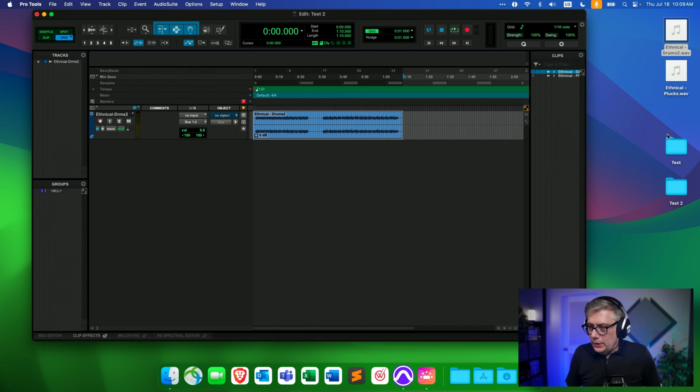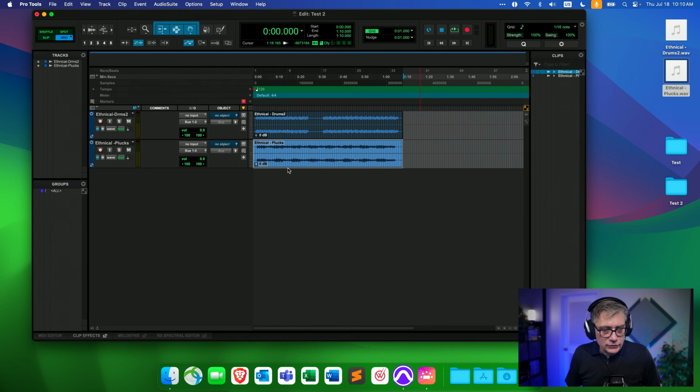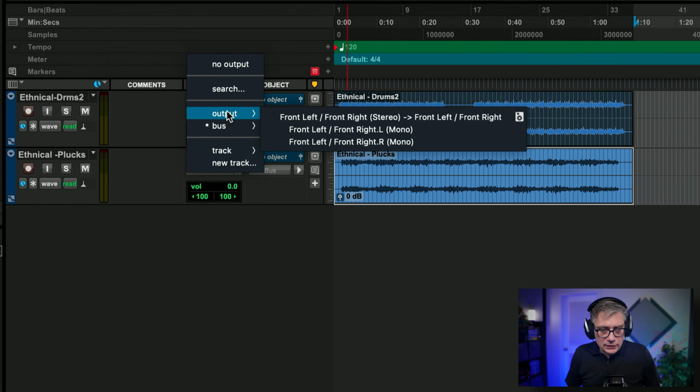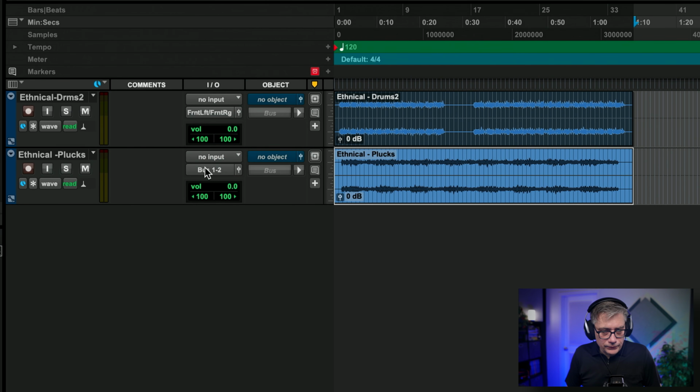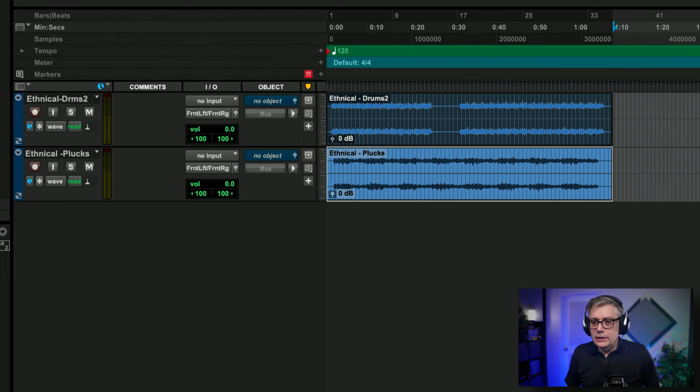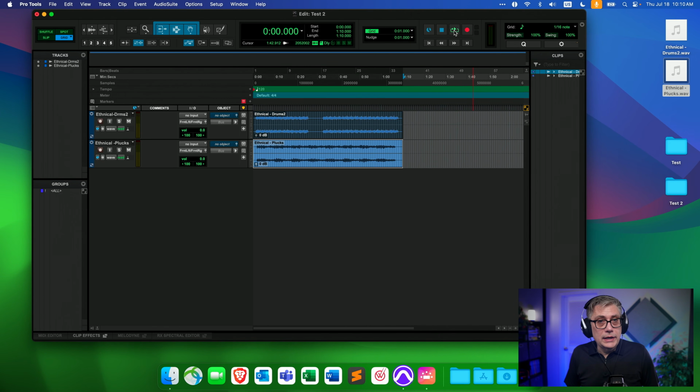So let's once again bring our two loops into our session. I have this drum loop here, so I'm going to drop that in here. And then I'm going to have the plug loop, same thing here. Now, for some reason, it brought it in as, whoops, where did it go? Here we go. For some reason, it sends it into bus 1, but I actually want that into the output for a moment. So I'm going to send the two outputs left and right, and that should make sure that I can hear the audio. So let's just play the audio. So everything works the way it's supposed to work.